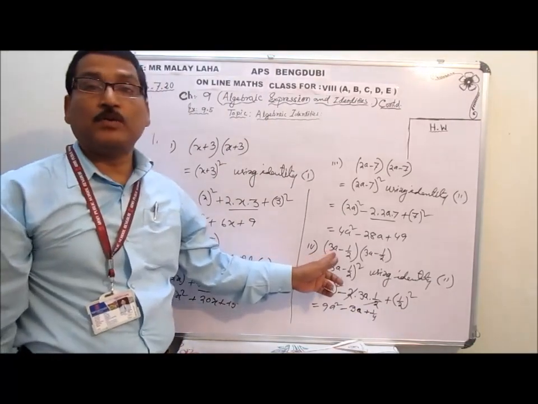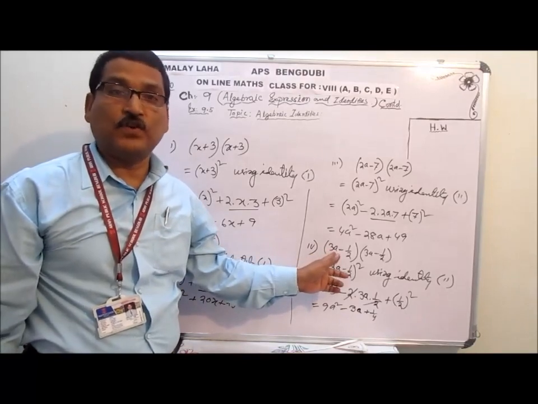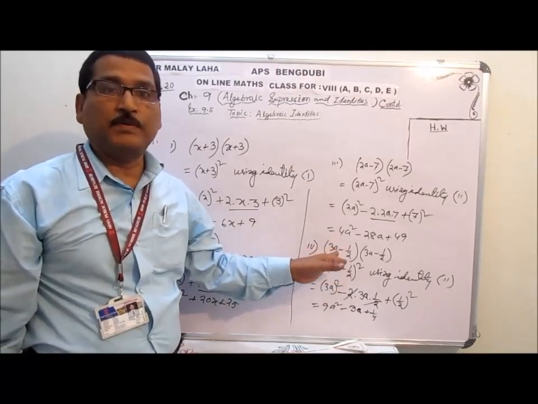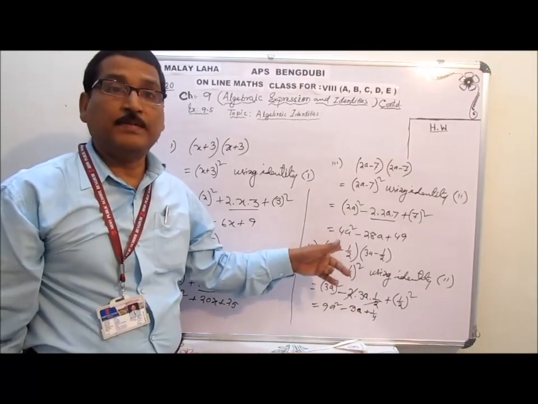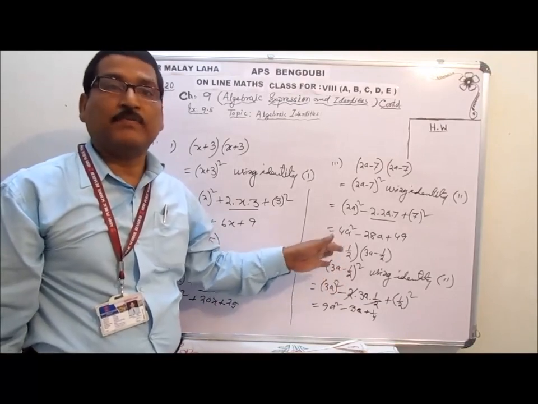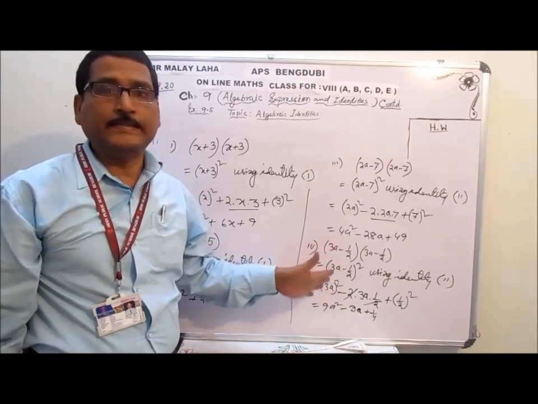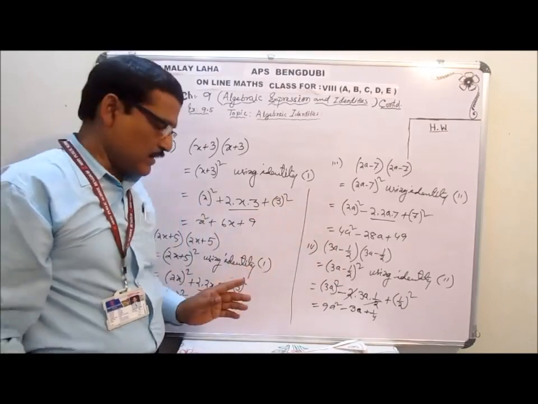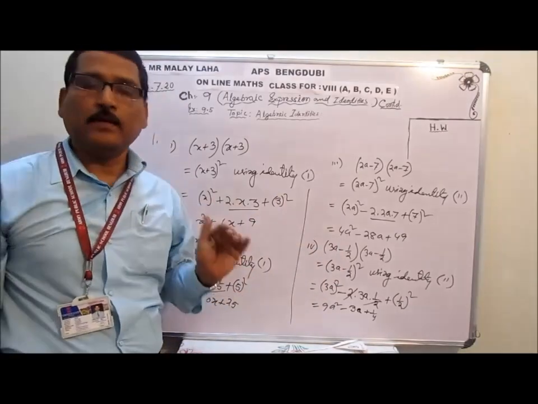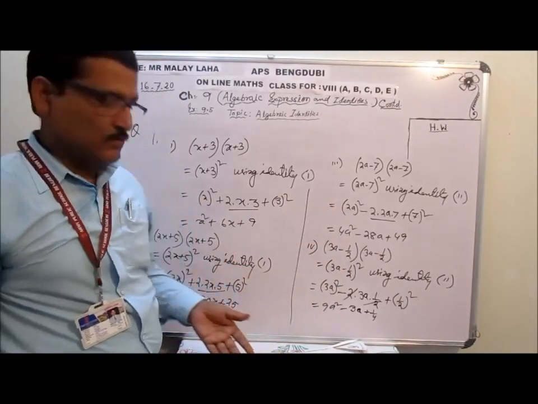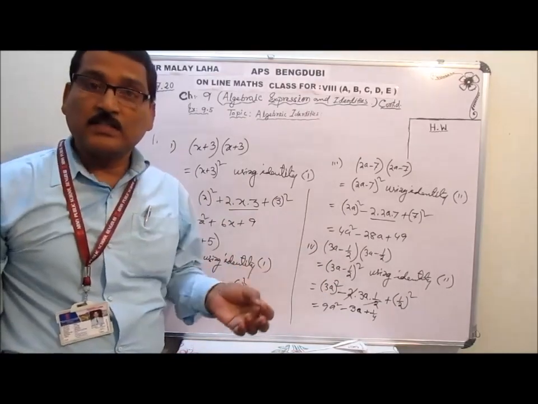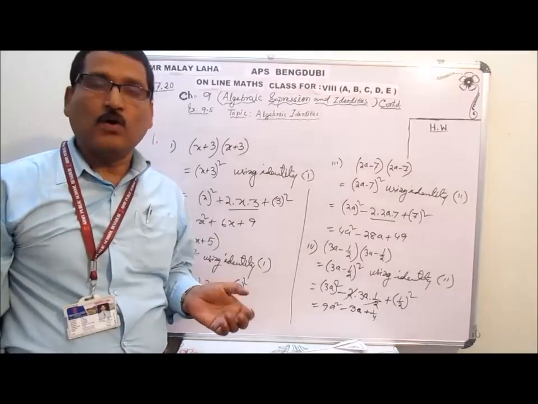This number will be any rational number. It is not necessary that it will always be in A, B, C, D or X, Y, Z. It may sometimes be a decimal number, rational number, fractional number, integer, whatever it is. Okay, you have to treat the first one as A, the second one as B. It may consist of one factor or a group of factors.